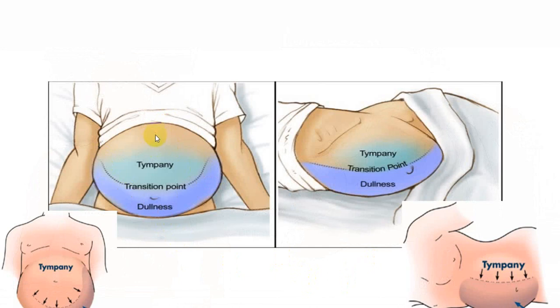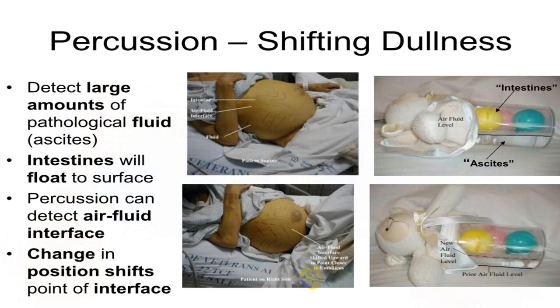So this is a typical horseshoe shaped dullness. This will be a tympanic area. And when you ask the person to shift from supine to one lateral position, you will have a tympanic note where there was a dull note. And again ask him to go back to the supine posture, and you will demonstrate the shifting dullness. It is difficult to explain on a video lecture, so whenever we come to the practical side, we'll show you these findings. So this is called typical shifting dullness. You will be able to demonstrate it in a person with an adequate quantity of free fluid in the abdomen.